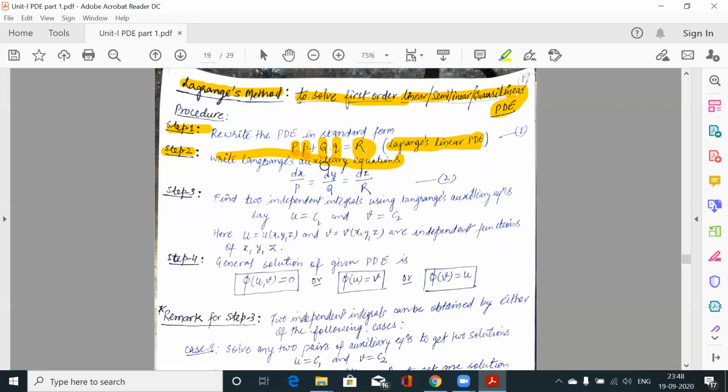These two steps are very easy, step 1 and step 2, nothing to do with these two steps. The main step is step 3. What we need to do in step 3, we have to find two independent solutions using these Lagrange's auxiliary